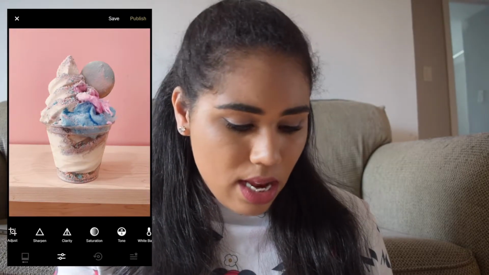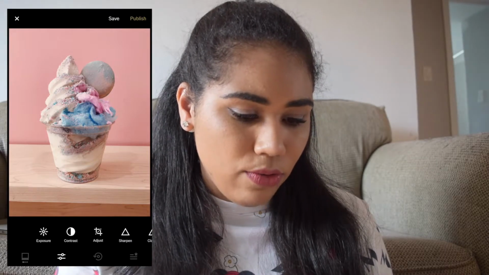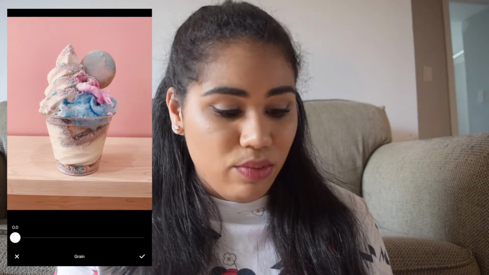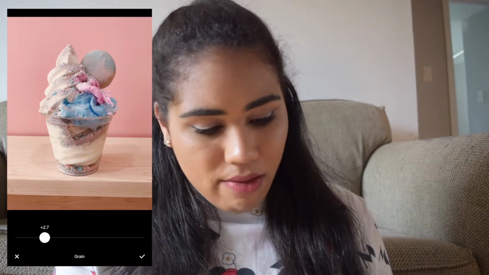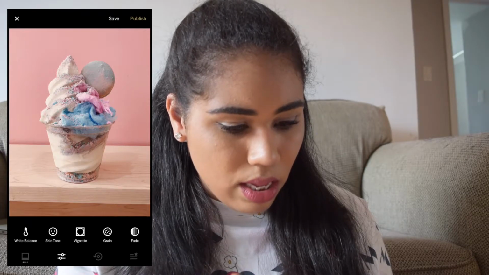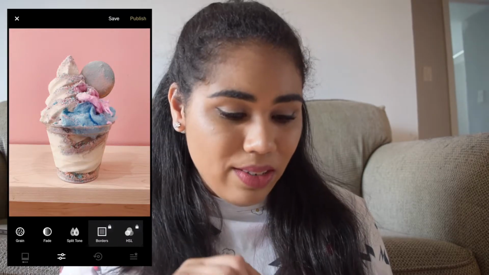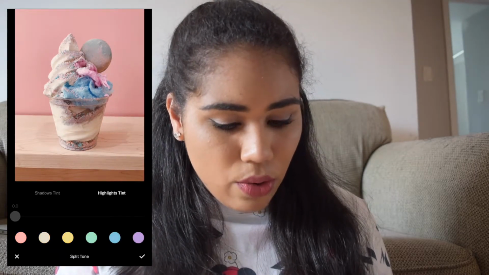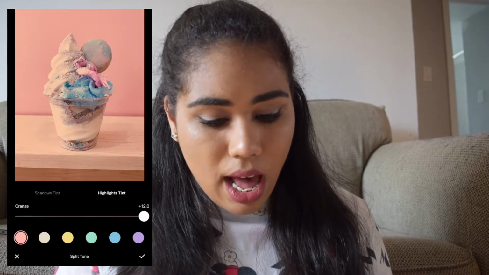And then for grain, this one is the one I never go too full because I think it looks just like it's a really bad quality picture. So I have it as 2.6 on my notes, which gives it just that tiniest bit of texture without it being too obvious. And then you go into split tone, and for the highlights